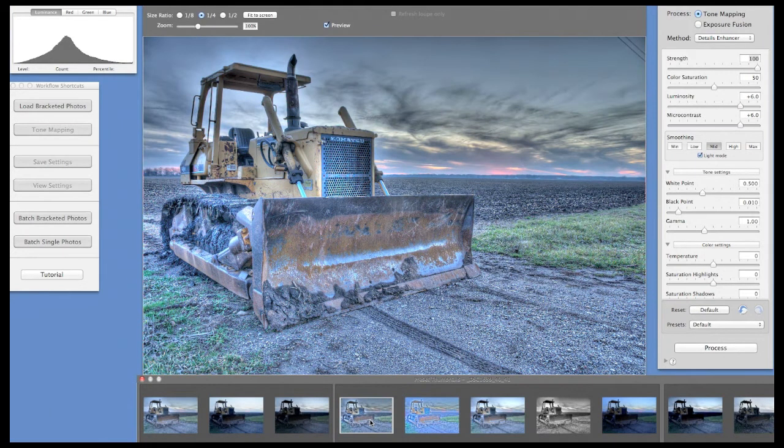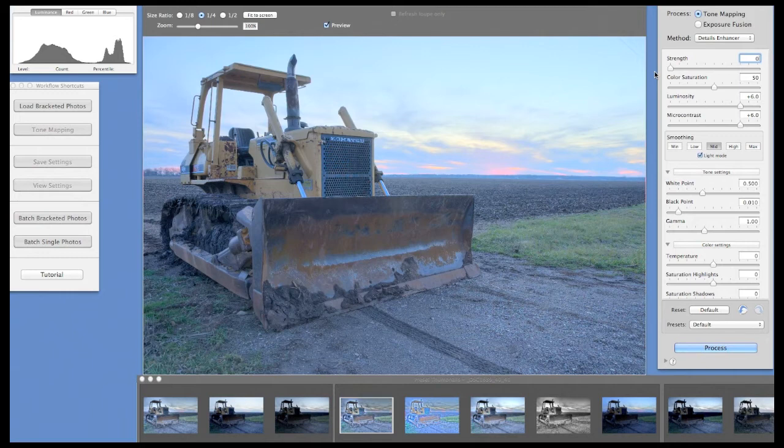But I usually start with the enhancer painterly, and then on the right side there are a number of sliders that you can further tweak the image. So let's go ahead and do that. So I've started on enhancer painterly, and the top slider is strength, and this controls how powerful the HDR effect looks. If I turn all the way down, it'll look more like a regular photo and you'll have less of